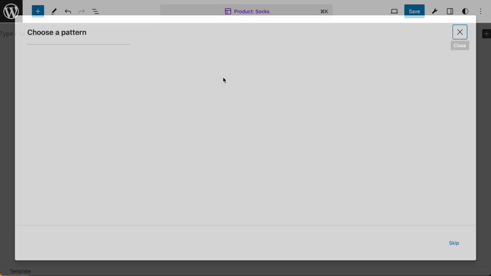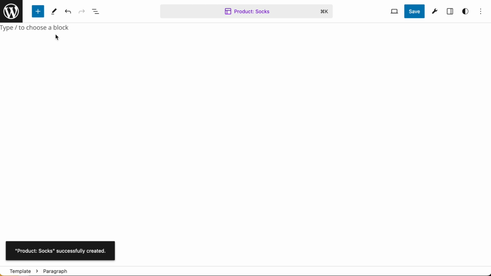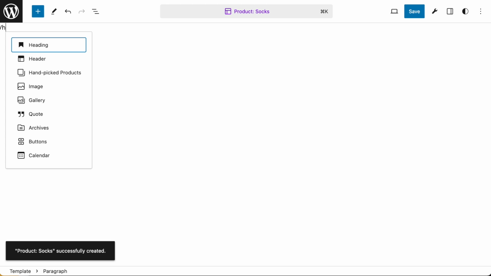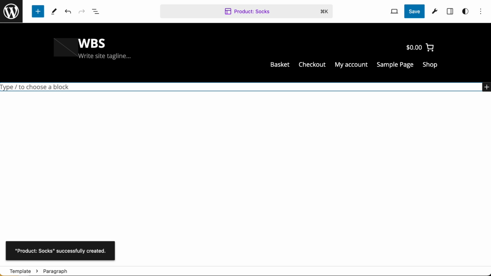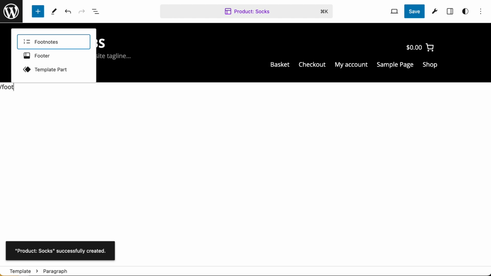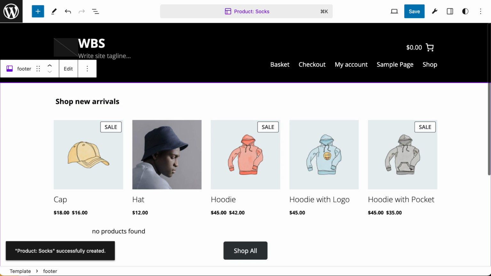and it will ask me to generate from existing pattern. I don't want to do that. I'm going to skip that, and I'm going to create a new template. So as we've done before, I want to create my header template part and my footer template part. And then I want to go into that,